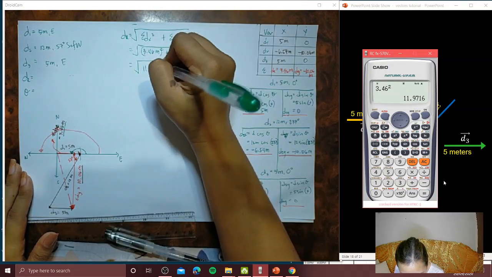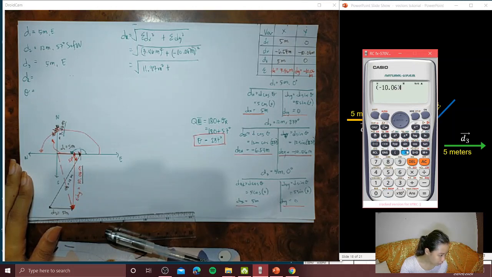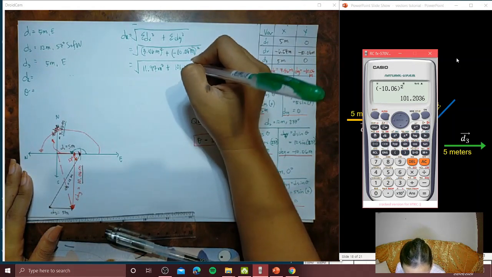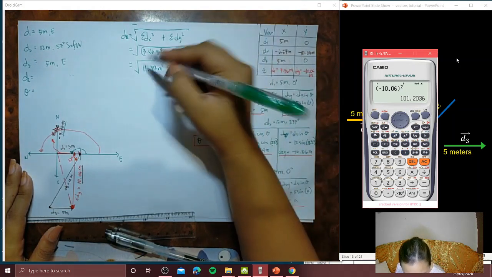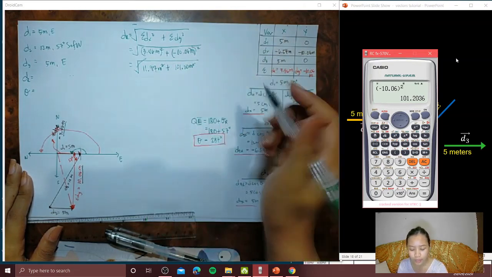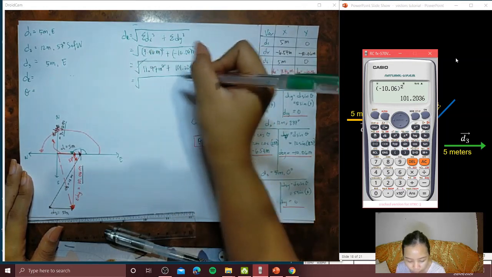So right here, 11.97 meters squared plus negative 10.06, close parenthesis, squared. We have 101.20 meters squared. So, cancel the square root and also the square in the unit. Yes, in the unit. And after that,